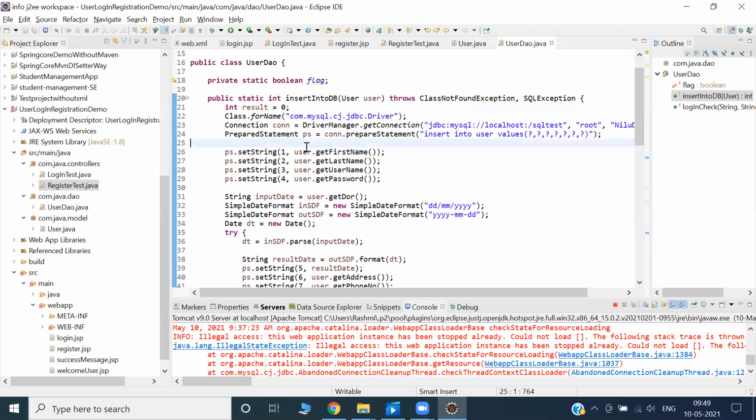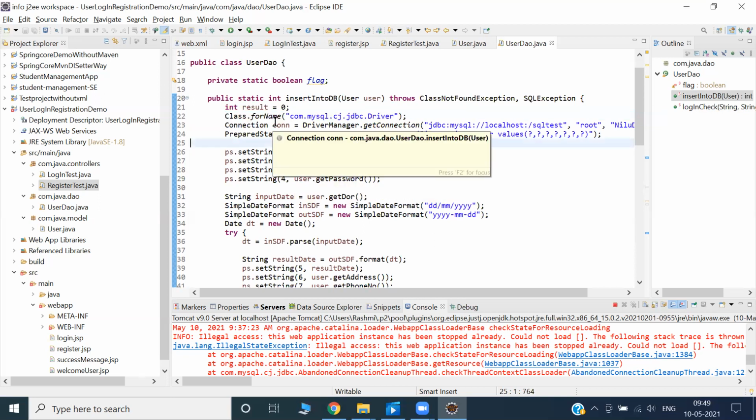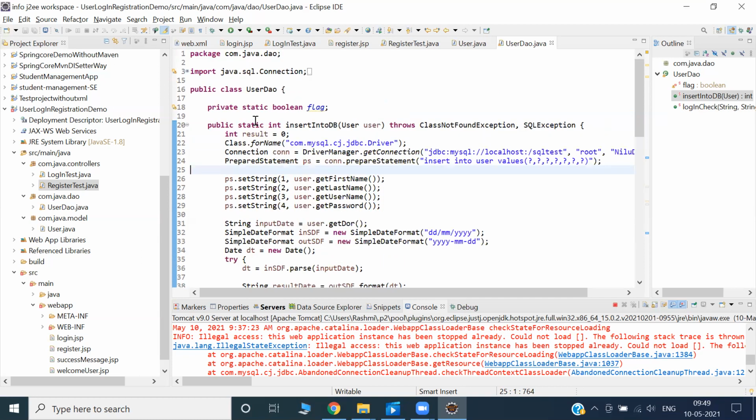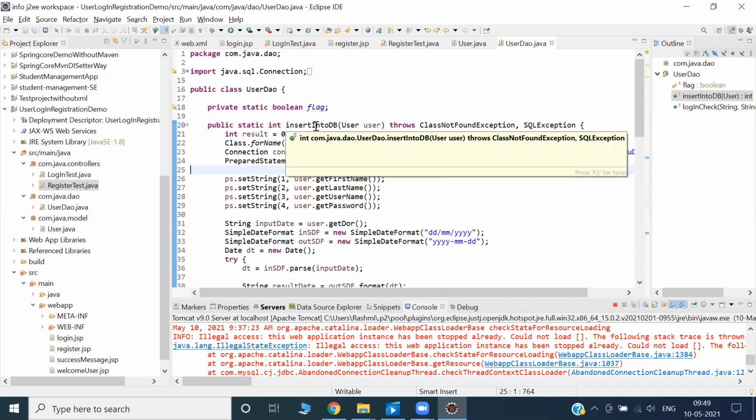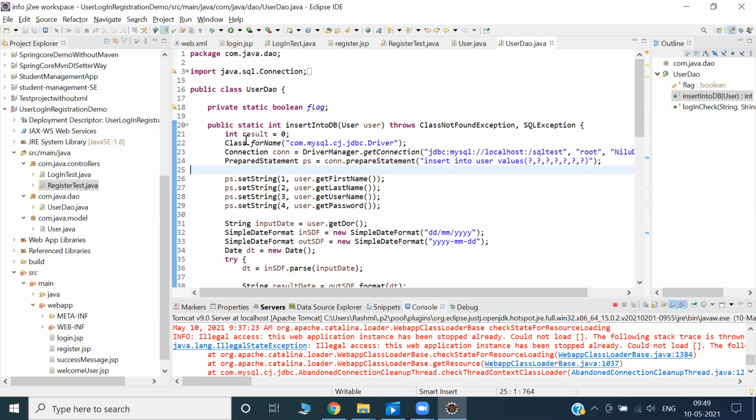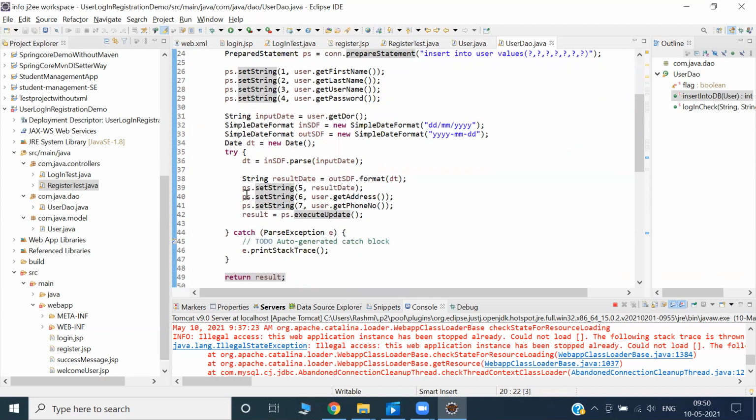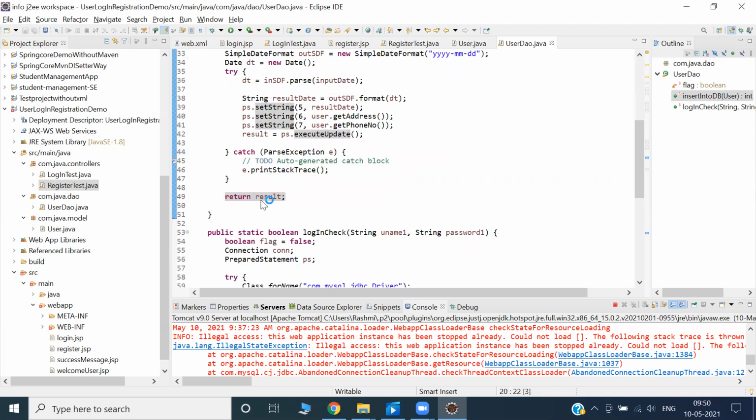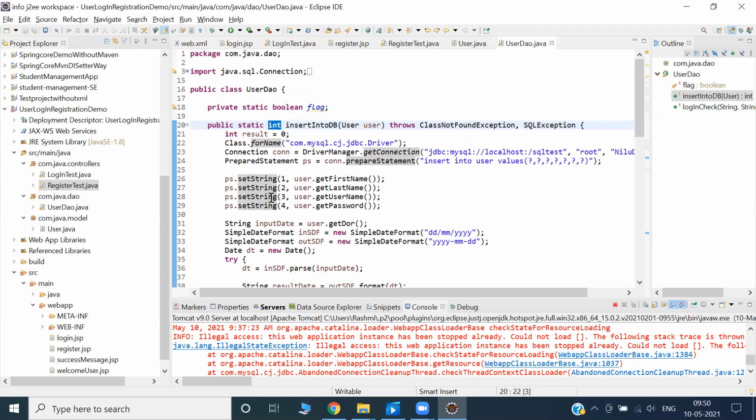But for now, we are going from the root level. So, hey insertIntoDB, what are you doing? Insert will tell me, sir, I am inserting the data into the table. This returns an integer value. So 100% you have to return some value, right? So you have to have a return type. This method has an integer return type.